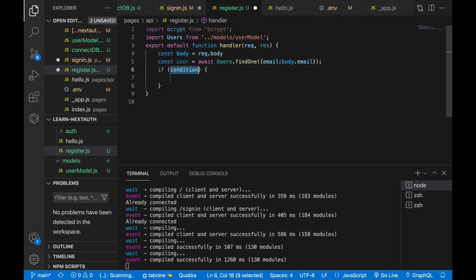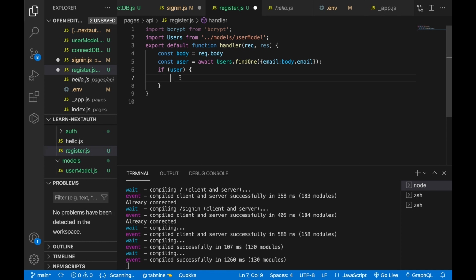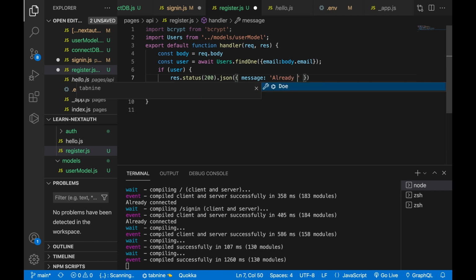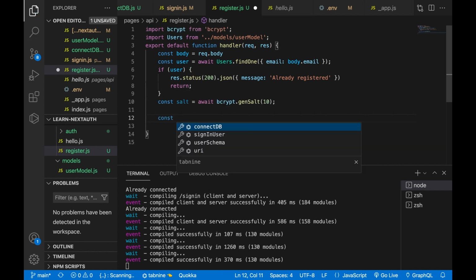And we are going to check if user, then we can copy this and paste to here. We are going to return a message and let the user know that it already registered. And then we return, and then we create a salt, and then we are going to create a hash password,